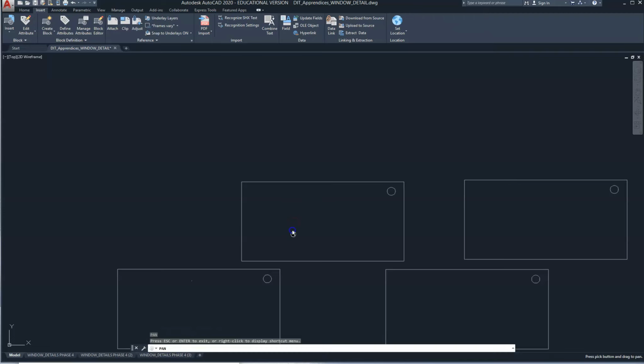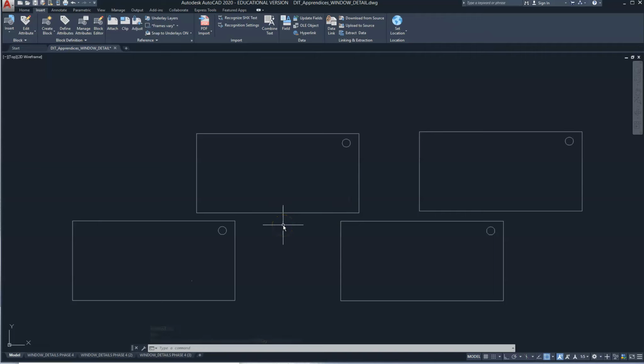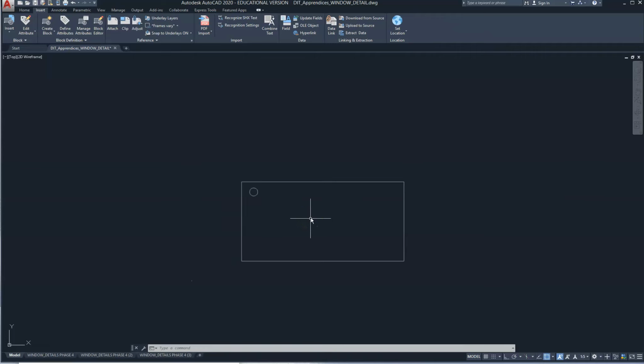Okay, so that's the blocks. The blocks offer an efficient way of creating a good drawing with a good standard. So, for example, if the block was drawn on layer 0 and inserted on